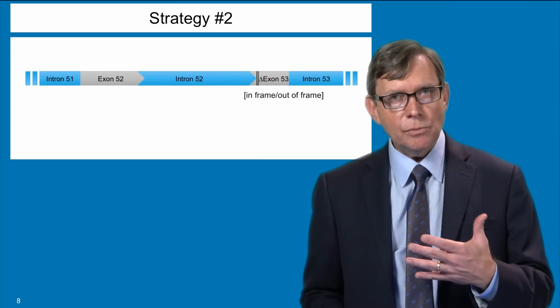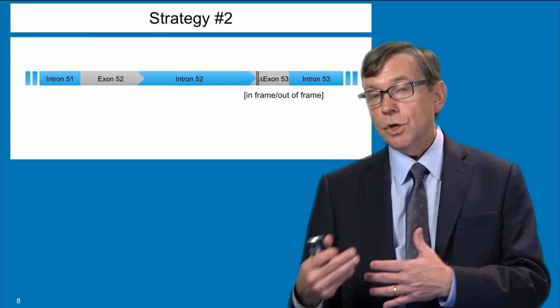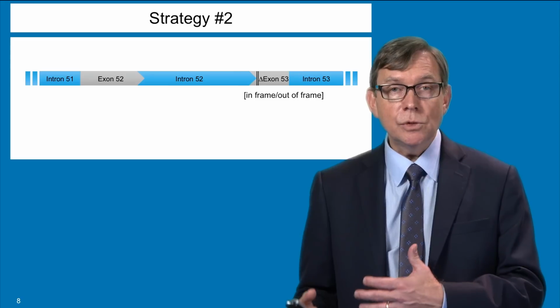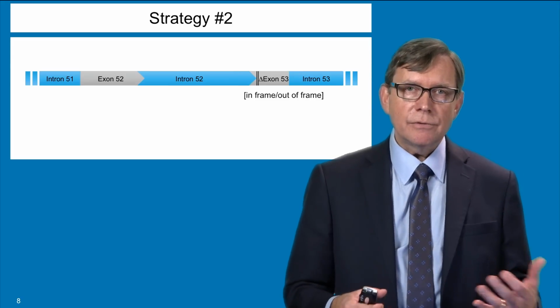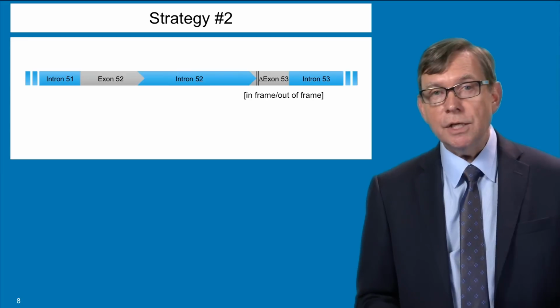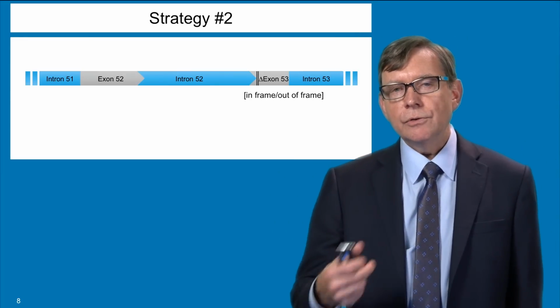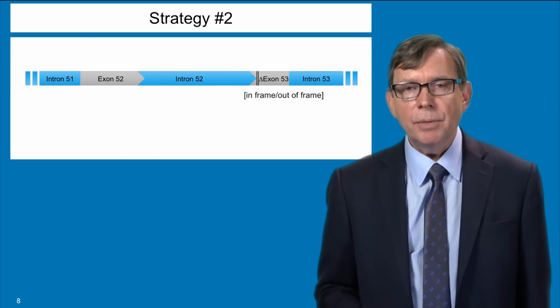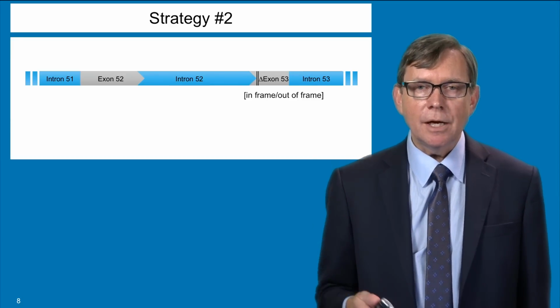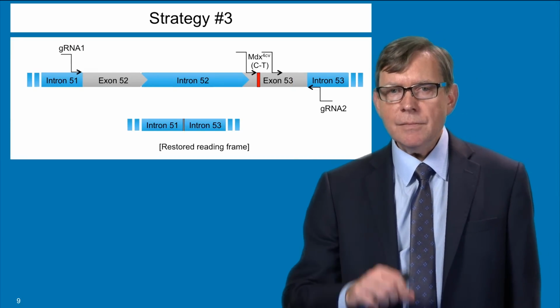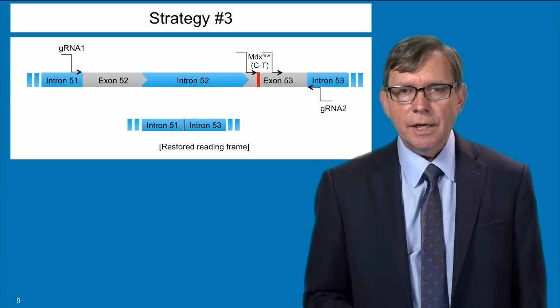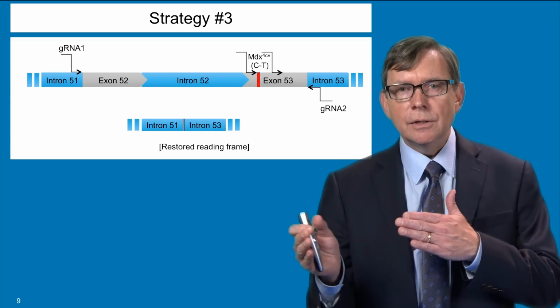Now, in this case, we would only fix at most about 1/3 of the mutant genes, but it turns out from other things that we've seen in patients and in different animal models for muscular dystrophy, a 1/3 repair rate would have a major impact on this disorder. So we would be happy if we could achieve that. A third strategy that we've taken goes out a little further.